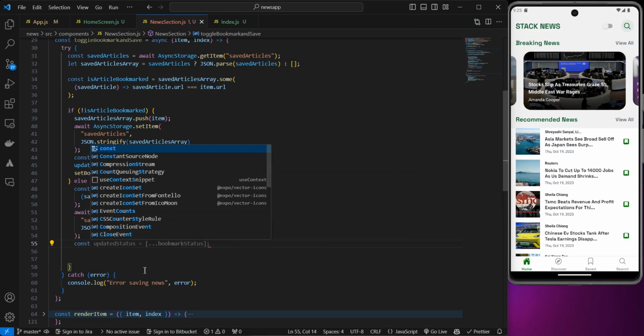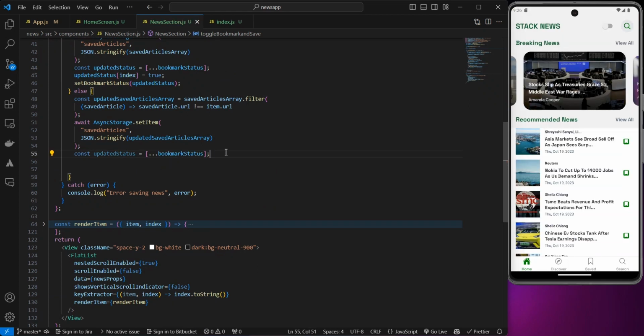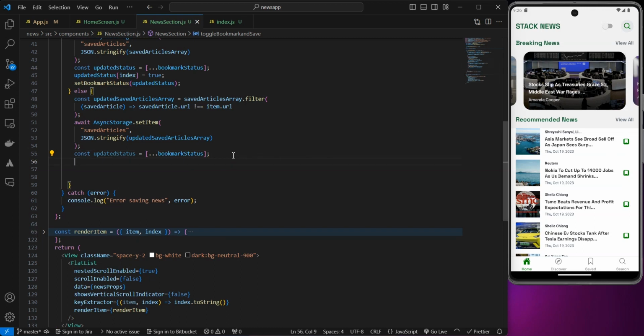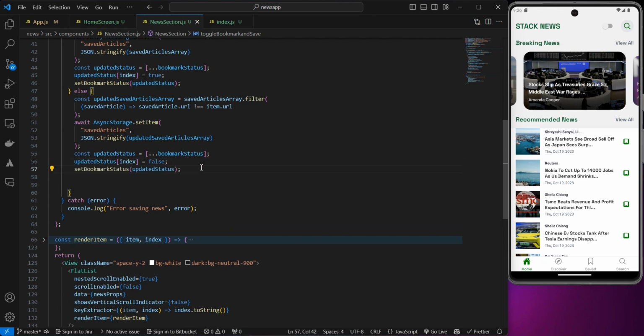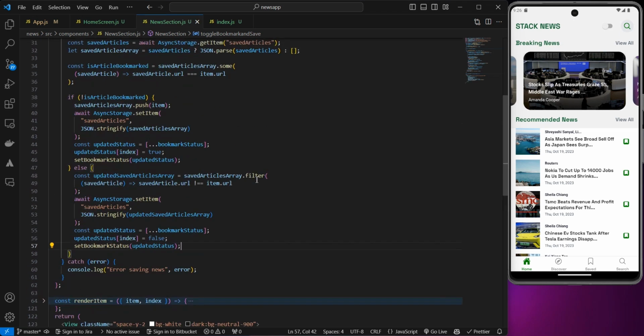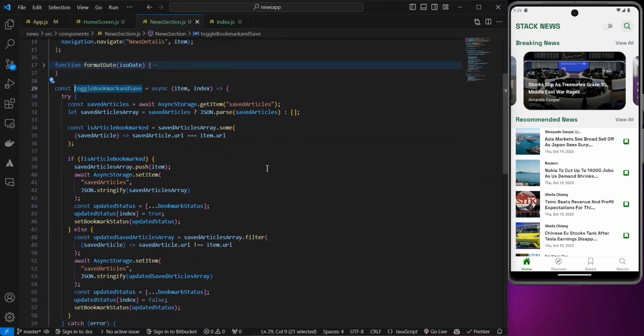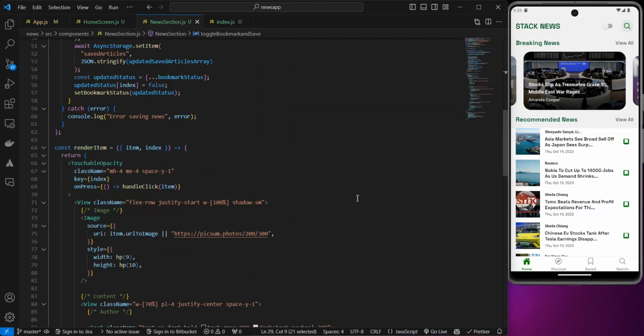And also after this, I want to say const. Let me just bring this up. I'm going to say const updated status is going to spread the bookmark status, that is everything that is here. Then I can now say updated status is going to be using the index of each item, and that is going to be false. And finally, I want to set the bookmark status to be the updated status that we have right here. Moving on, in the catch, this is basically going to just say error saving news, and this is ready. Now, all I have to do is just copy this and just head back into my touchable opacity